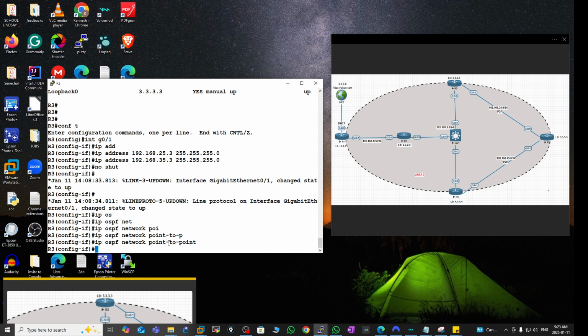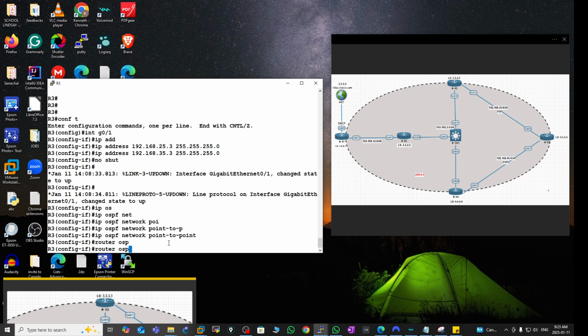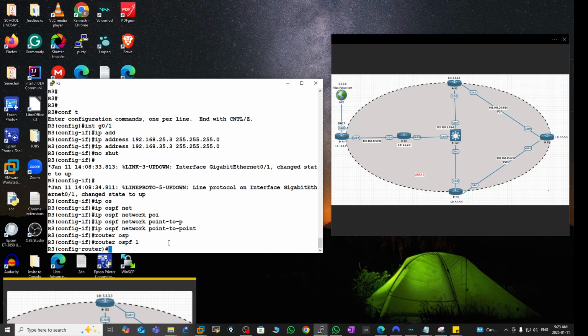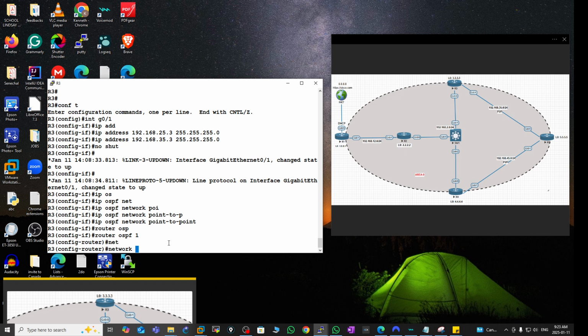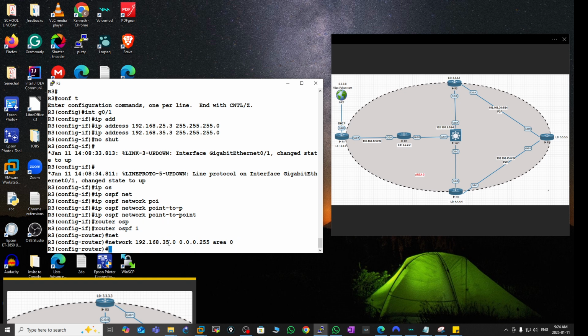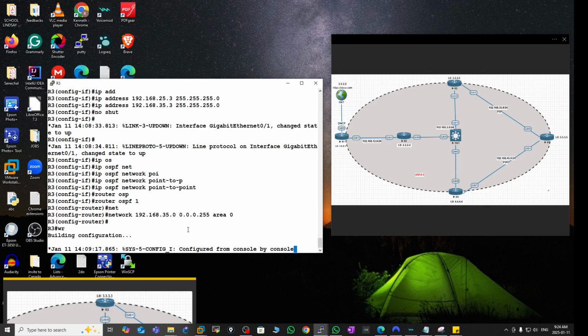Okay, so now I'm going to exit out of there, and do router OSPF process 1. So I just put the network. The network is going to be 192.168.35.0 0.0.0.255 area 0. Okay, area 0. And I'm going to exit out of this, save, and then I'm going to do the exact same thing on